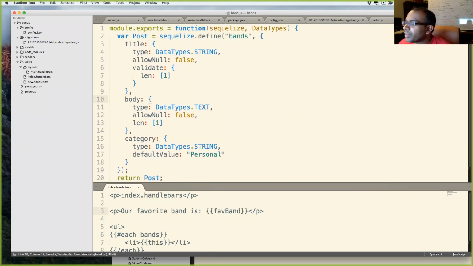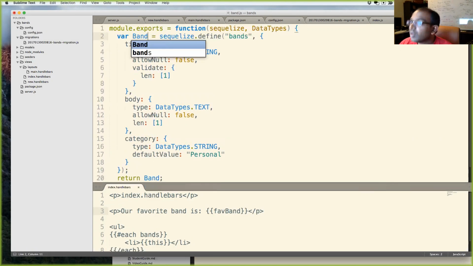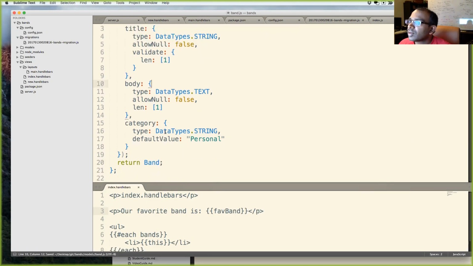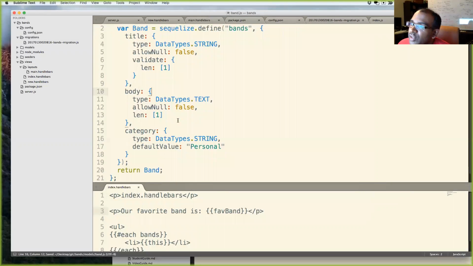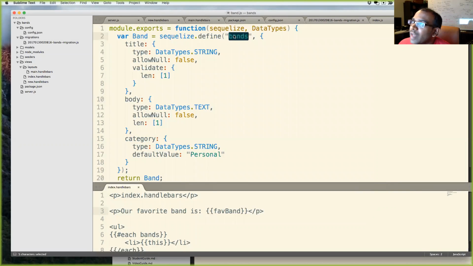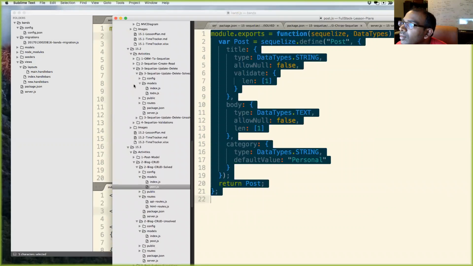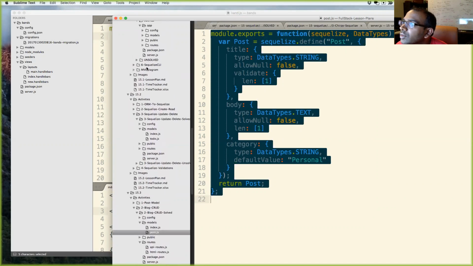And there is something that I need to do here. I need to freeze the table name. Otherwise, it'll assume that the table name is band, capital Band. I remember we did that over here.